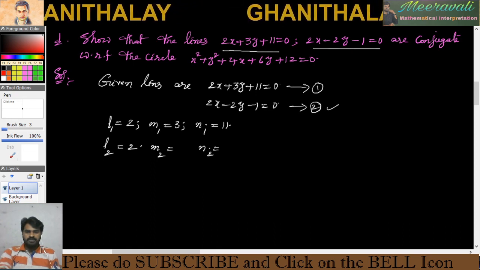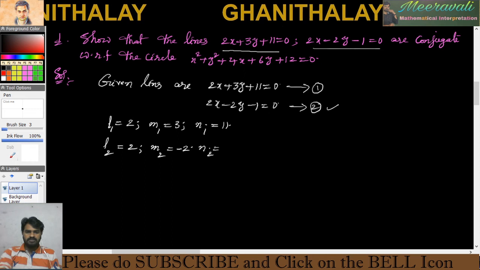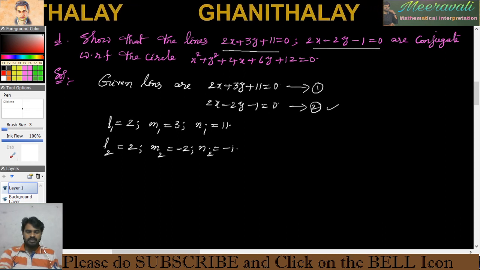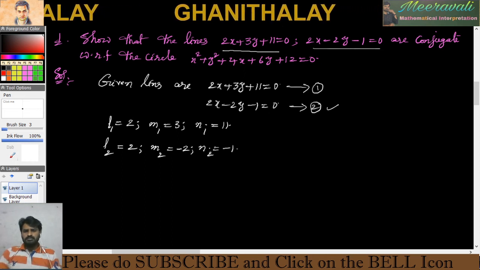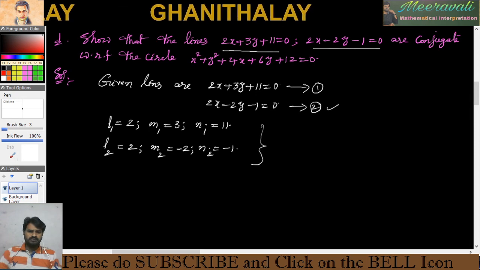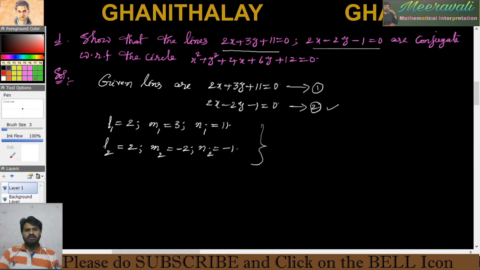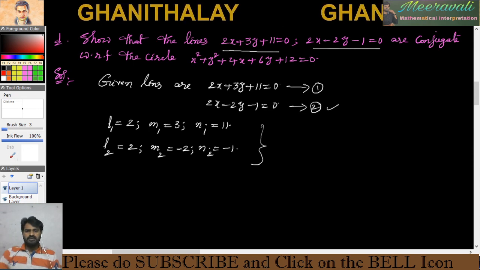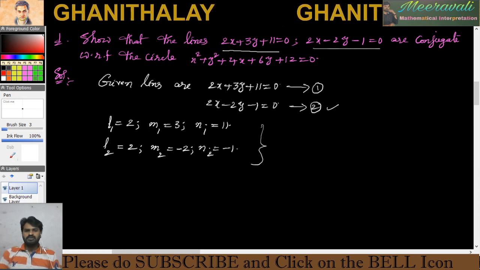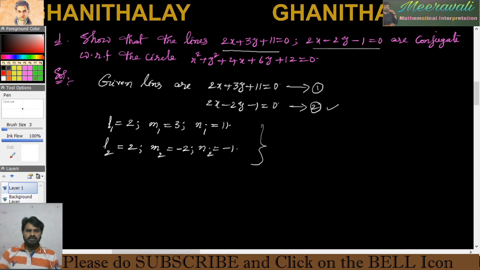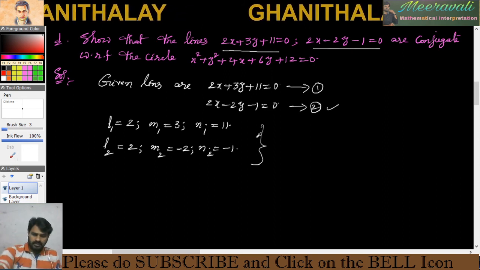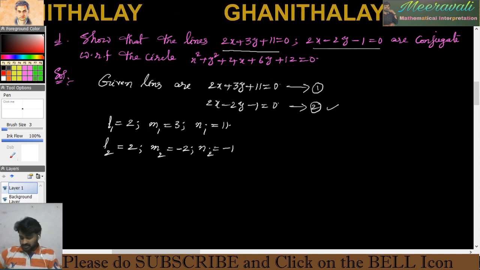So L2 is 2, M2 is minus 2, N2 is minus 1. You need not write these L1, M1, N1, L2, M2, N2 values. If you want to write them, then write them, otherwise there is no problem. Okay, next, after writing these values,